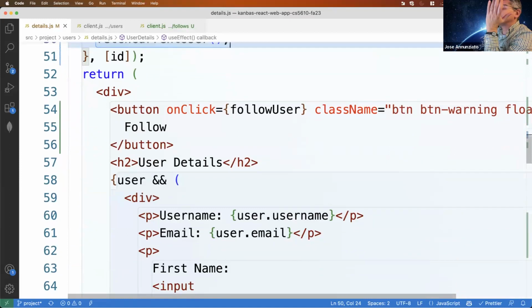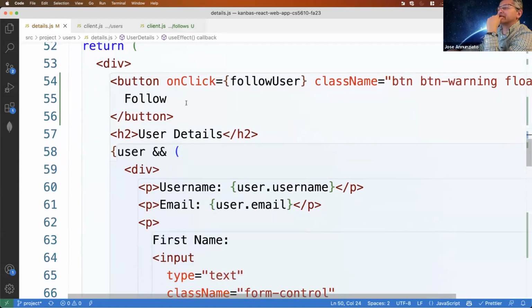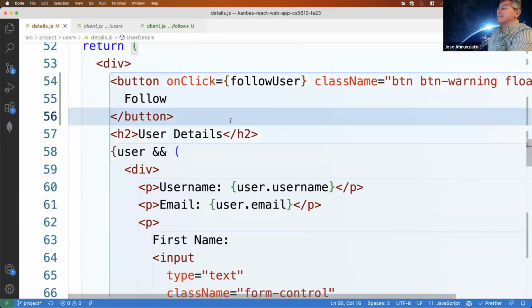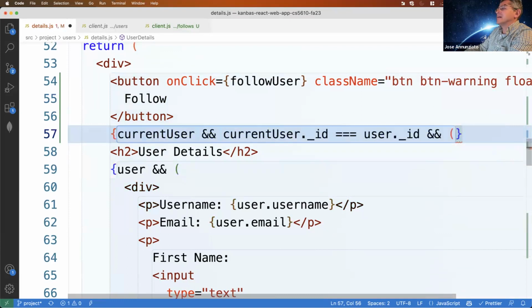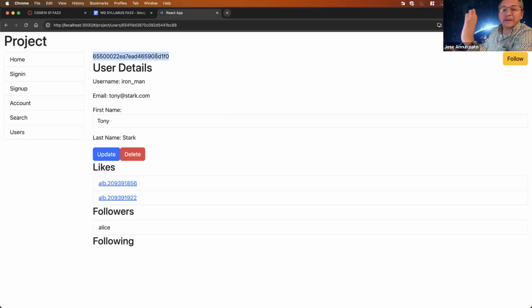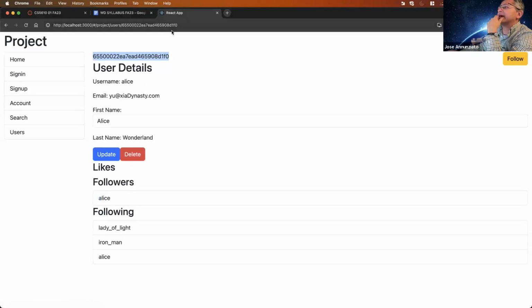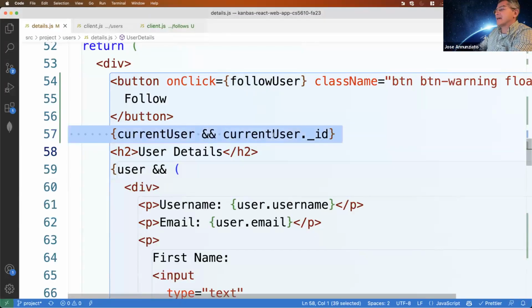So we should be able to display here the current user, right? Let's see if we do have it, just to make sure. I just want to display the current user like that. Can we do that? Yeah. Okay. So this should be Alice. If I go to Alice, yeah, it ends with df10. Perfect. Yes. Okay. So I have the current user.